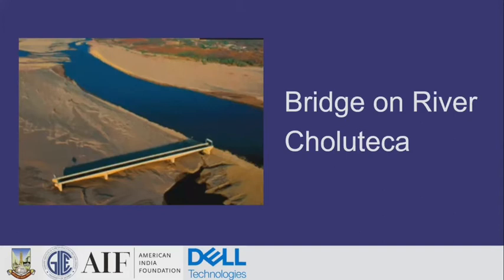Okay, so let me tell you, the bridge is at its perfectly right place, and the river has changed its course. The bridge is in Honduras, in Central America. In 1996, the bridge was built, and the architecture of the bridge is excellent. Two years later, a deadly hurricane hit the area, and the entire course of the river changed. After the course of the river changed, the bridge has now no use.